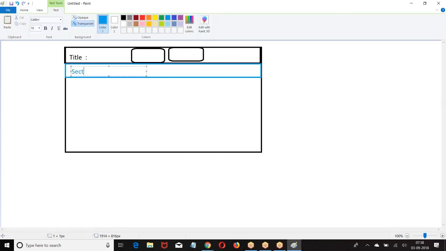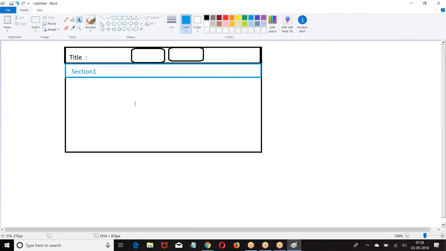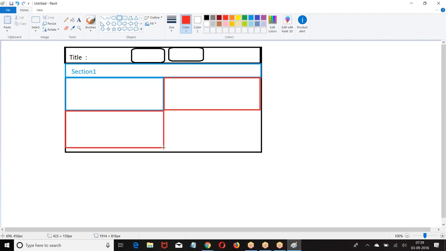So we had a section. We have page block section. In the page block section, the row is divided into number of columns. In each column, what happened? In each column, one component will be displayed.